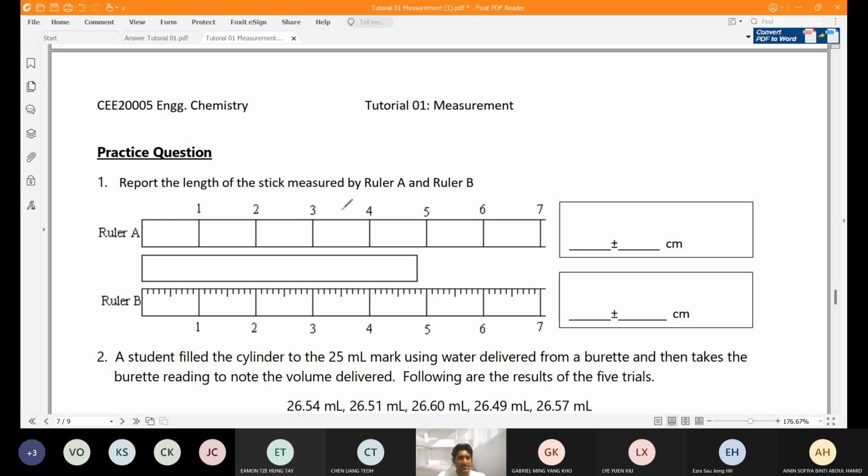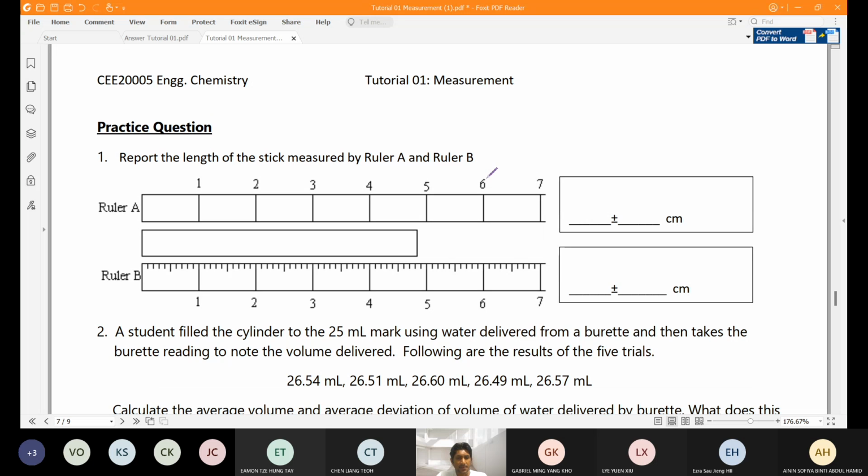But since it's the first day, I just went through the worked example, and now I'm going to a practice question. Later on, for other tutorials, I will not go through the worked example. You have to do your worked example for yourself. If you have any question, of course, you can ask, then we can discuss it. Okay, so for the practice question,